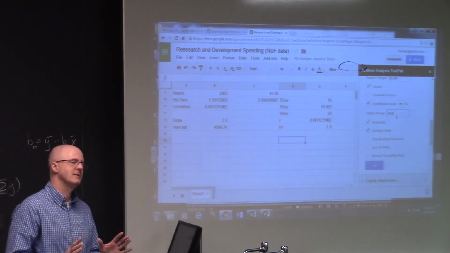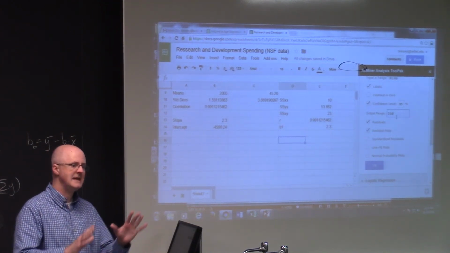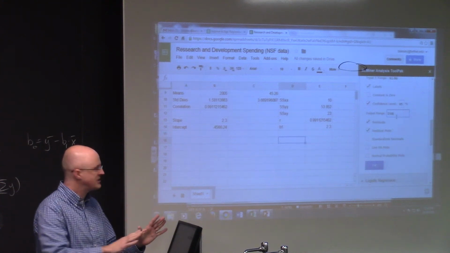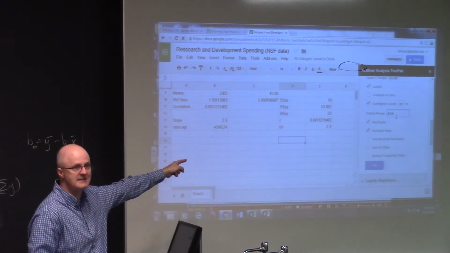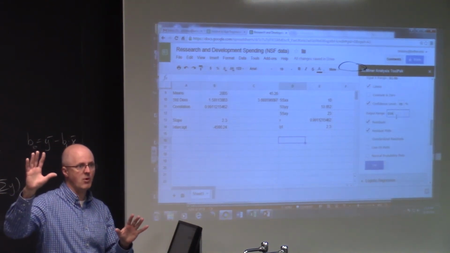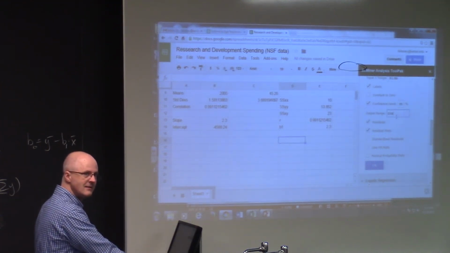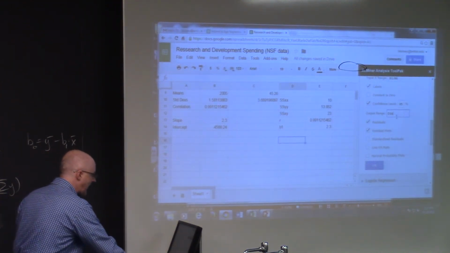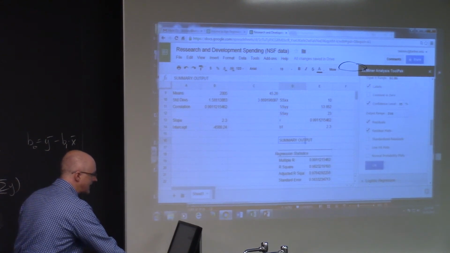The output for what XL Miner does here is going to come out in the spreadsheet in such a way that the upper left corner of the output is going to be in the cell D16, where I just clicked. You're going to see the output down to the right of that. Ready? I'm ready to click OK. And lo and behold, I get a bunch of stuff